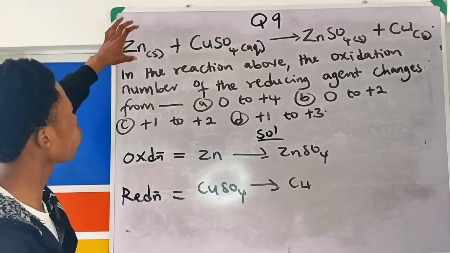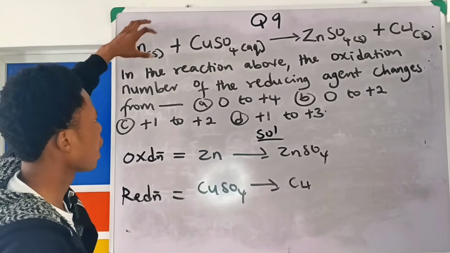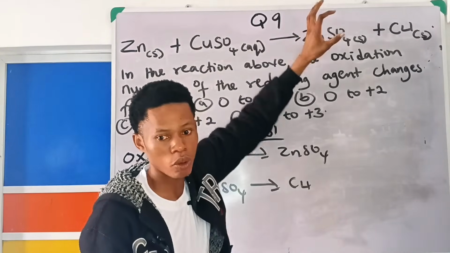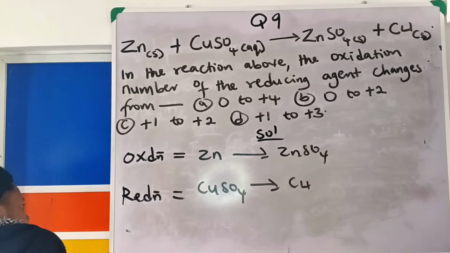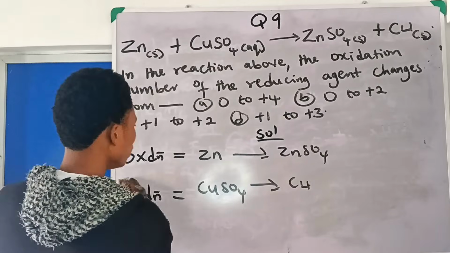So we are going to look at the oxidation number of zinc here and the oxidation number of zinc here. Then we tell them our answer and we go our way. So now, if you look at this,